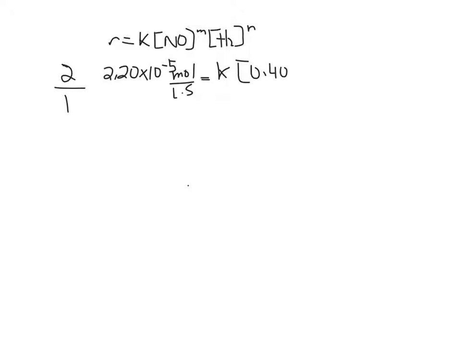So we're going to compare run 2 to run 1. So our rate for 2 is 2.2 times 10 to the negative 5 mole per liter per second. This is equal to some constant K times the concentration of NO to the exponent m, concentration of hydrogen